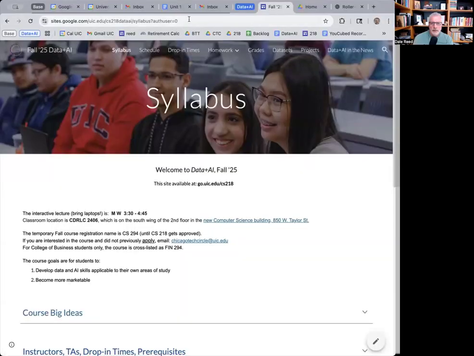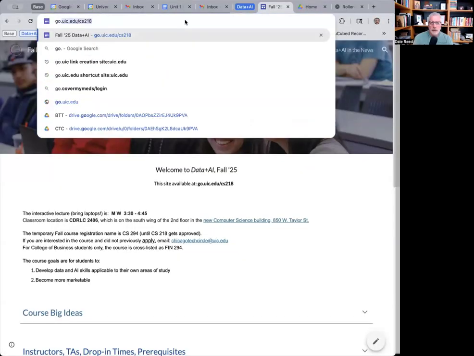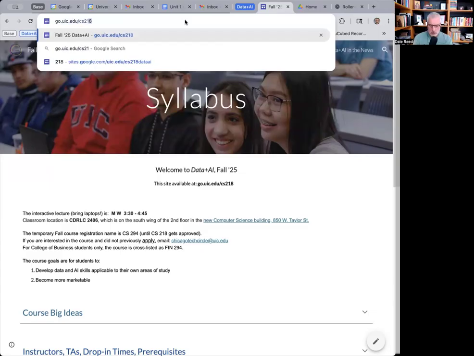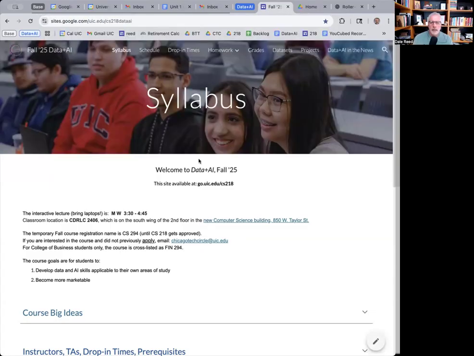So the course website, if you can't find it, you'll go to go.uic.edu/CS218. And remember, at any point along here, if you need to pause or go back, you can do that for all the details. So on the website, here's the syllabus, the schedule page, drop-in times, and what we're going to look